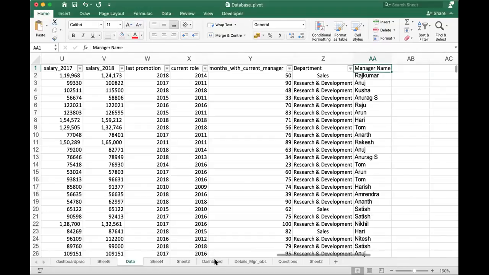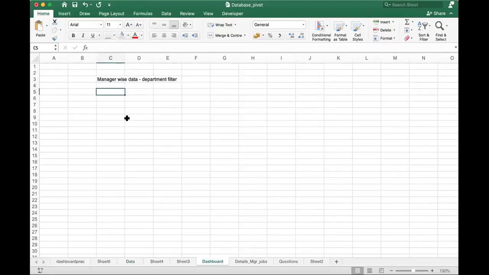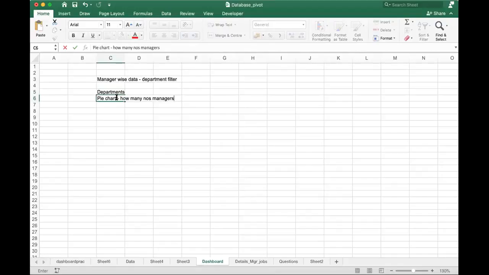Ma'am, we can just use department. We have to divide it in 3 parts: sales, research and development. What then should I do? I should use a pie chart for departments, and use a pie chart to distribute how many managers there are, percentage wise. Okay, a pie chart could be useful. Okay. Then